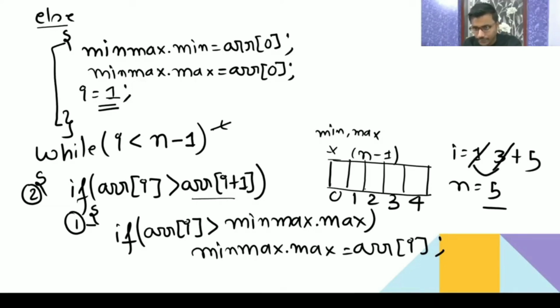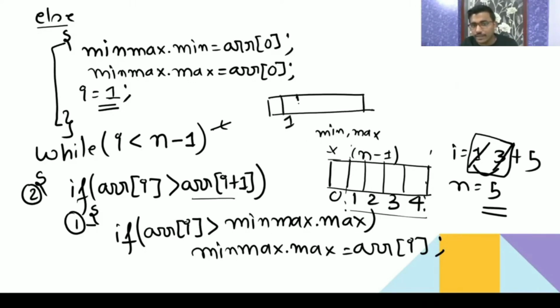So when n is odd, that is 5, how many times is this while loop running? Two times only. When you have n minus 1 elements, you are just doing first, then third, then fifth, like this. You are not stepping through every element; you are comparing each element as a pair, but the index i is going to take only 1, then 3, then 5, then 7, like this. Understood?